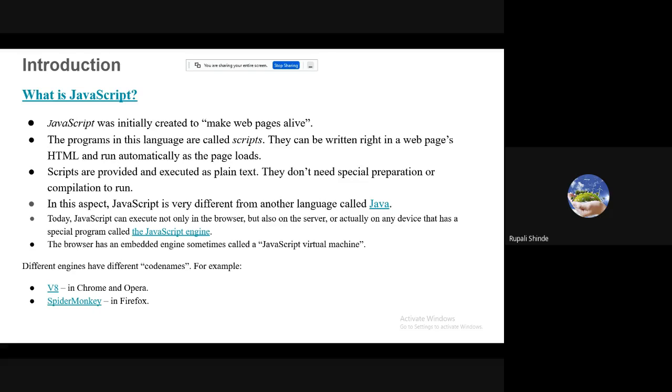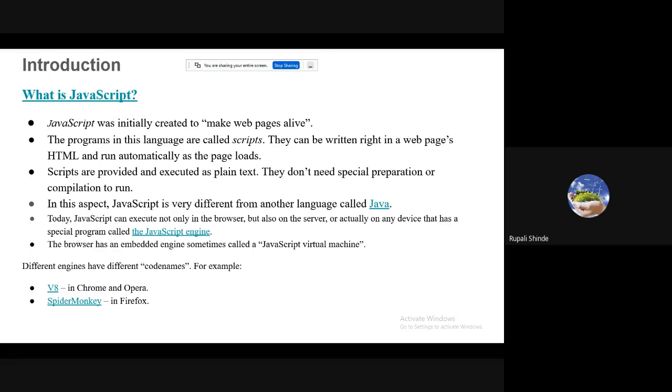As everybody is going to know, we are moving towards responsive web applications. That means on any device we are going to execute the web application, and many web applications are having JavaScript. So to execute that particular JavaScript code, every device is having a JavaScript engine. With the help of that, we can execute the JavaScript programs.